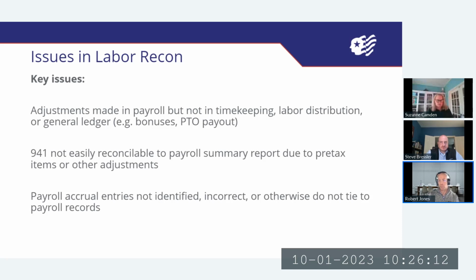And pre-tax items, what I'm talking about are things like 401k deductions, FSAs, other types of things that affect that line 1, line 5 kind of stuff on the 941. They're wages that are paid to the employee, and that shows up in box 1 of the W-2, but it does affect how things flow through again to the 941.